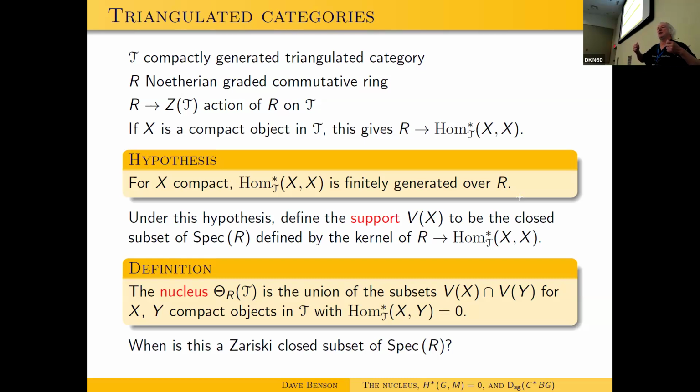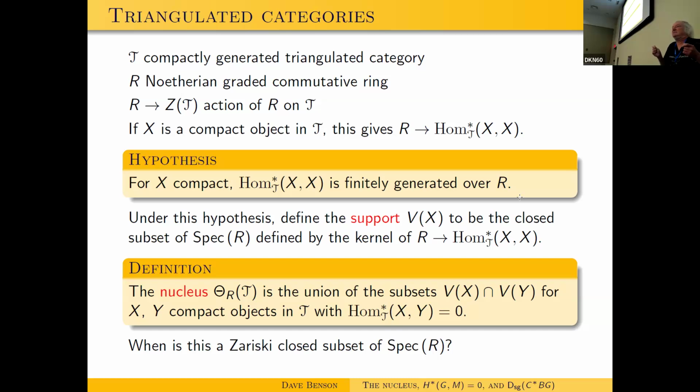In the case of the principal block of a finite group, this turns out to be exactly the same as what you do if you just have a trivial module. And the same in the restricted algebra case. So this is a definition that doesn't use the tensor product and doesn't use an internal Hom, but it defines a subset of the spec of the ring that's acting, that you might want to think of as a nucleus. Okay, you happy with that?